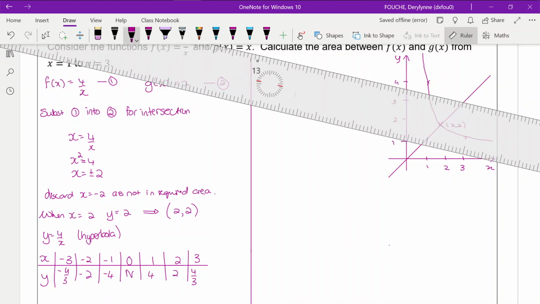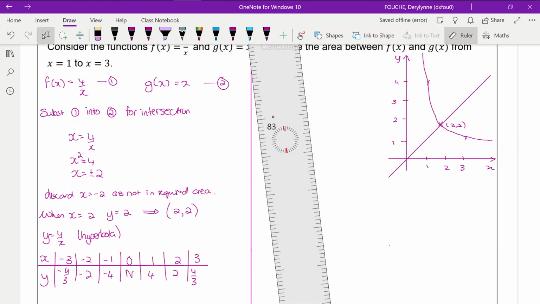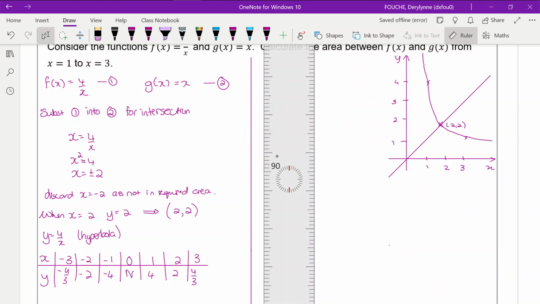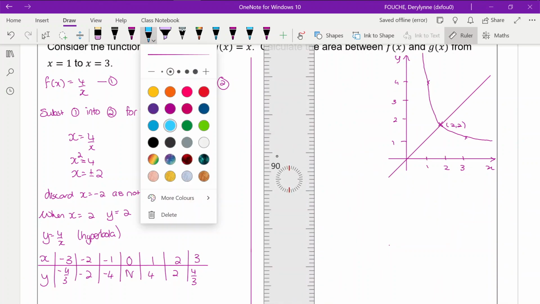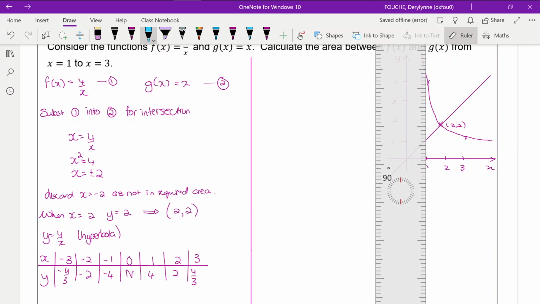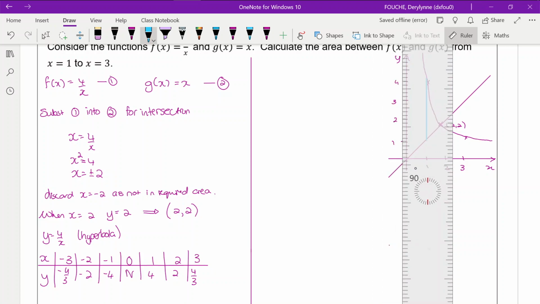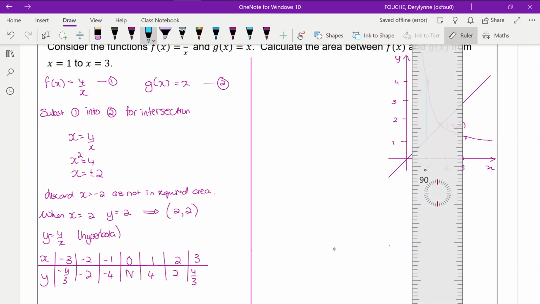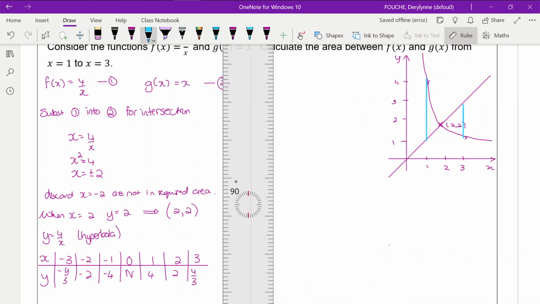Next thing I'm going to do is I need to show what areas I'm interested in. I'm going to put them in because we know we're going from 1 to 3. So let's draw ourselves a line there between our two functions at 1 and another one here at 3. And as you can see, the trapped area between the two functions